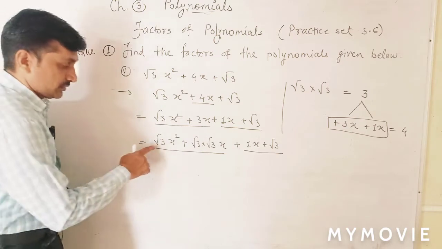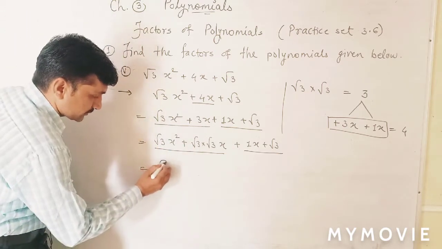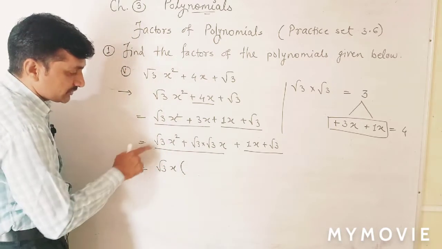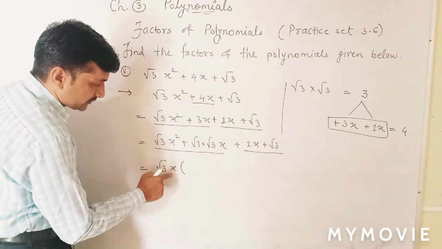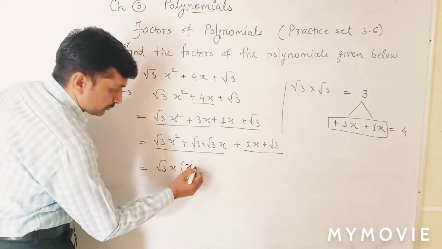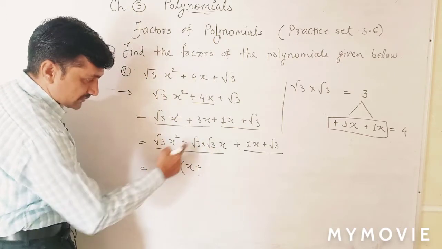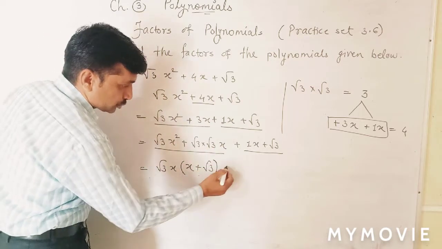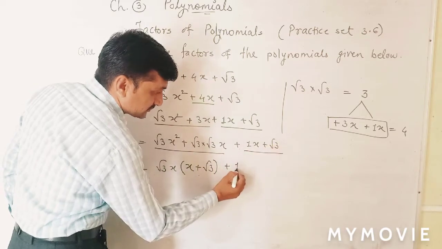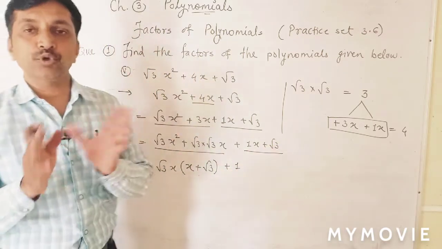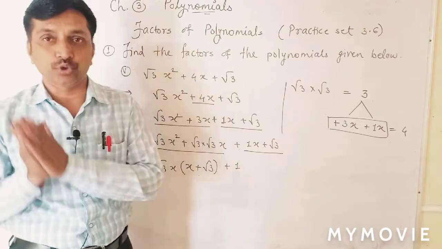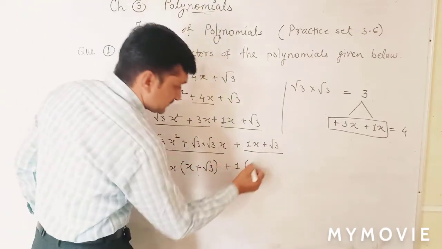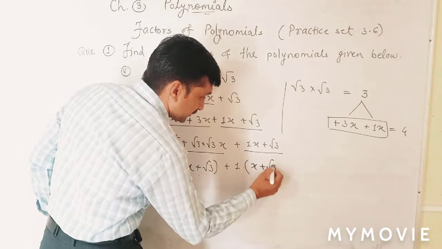Is equal to, now common, square root of 3 common. Here is x square, here x is common in bracket. What is uncommon then? This is taken out. From here 1x is out, x plus; from these two 1 is out as a common, 1 is in the bracket. x is already taken, bracket close, plus here 1 is common. When in both terms there is no common term, we take 1 common. And when we take 1 common, uncommon is same as it is. It's x plus square root of 3.